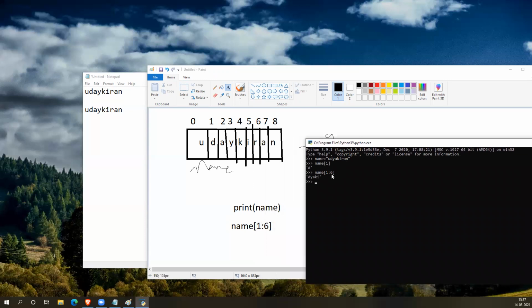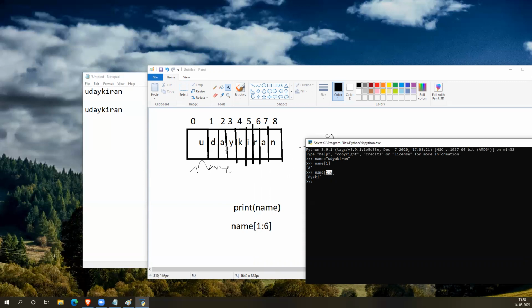Here, what happens is it won't print the 6. It will print one index less than 6. So from index 1, it will be D, and till one number less than 6, till index 5.